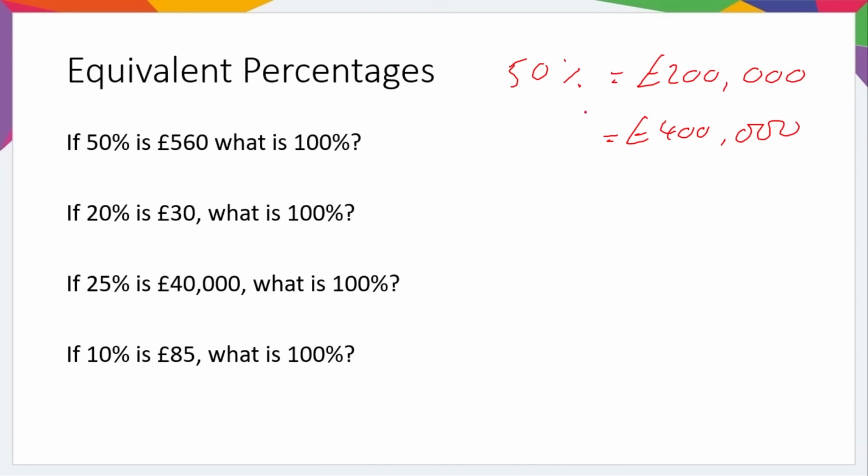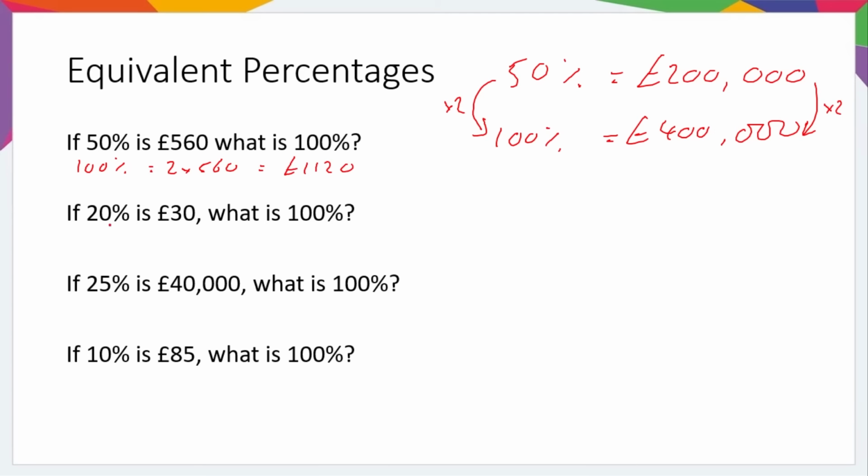So I told you before that I donate 50%, which is half my salary, to charity. So therefore my whole salary, which is the 100% amount, is 400,000. Easy. You know that 100% is double 50%. So if I told you that 50% is 200,000, then the full amount, the 100%, is 2 times 200,000, 400,000. So that's an equivalent percentage, working out 100% when you've been told what 50% is. So here we go. If 50% is 560, then 100% is double 50%. So it's going to be 2 times 560, which is